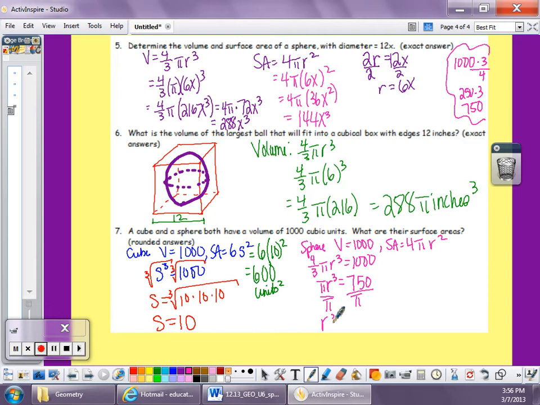So r cubed is equal to 750 over pi. But I only need r, so I'm going to take the cube root. If you go to your calculator and push the math key, which is underneath the alpha key, number 4 is the cube root. So put 750 divided by pi, close the parentheses. You get